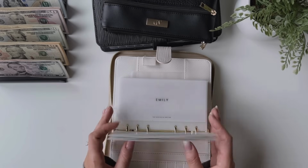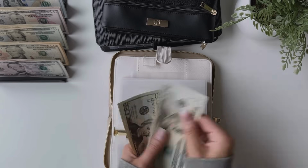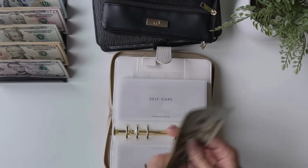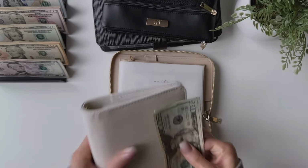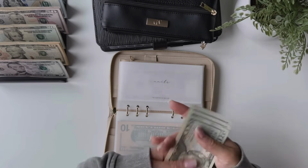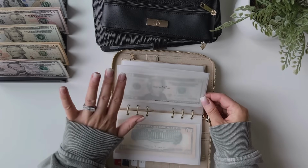Where is self-care? There we go. Okay, and then this week for self-care, how much do we have? 20, 40, 60, 80. I might get a pedicure as well. I'm not 100% sure, so I'm also stuffing 20, 40 for self-care. So I'm just going to put all of this in my wallet, and whatever I don't spend, I will put back in that envelope. So now we have 20, 40, 60, 80, 100, 120. I probably won't go in until maybe Monday or Tuesday, so you guys have some time